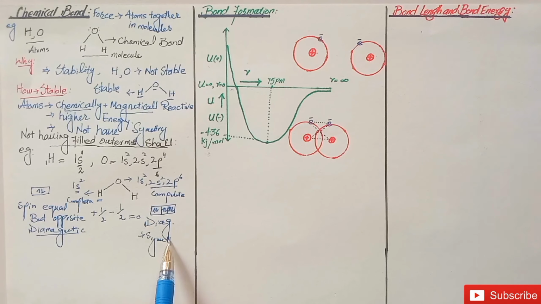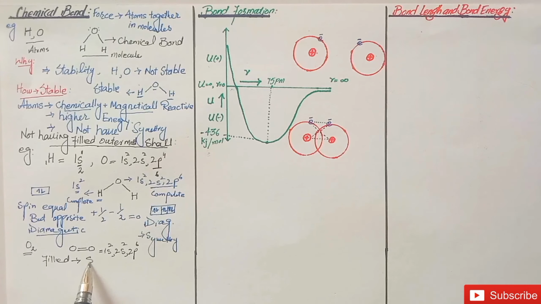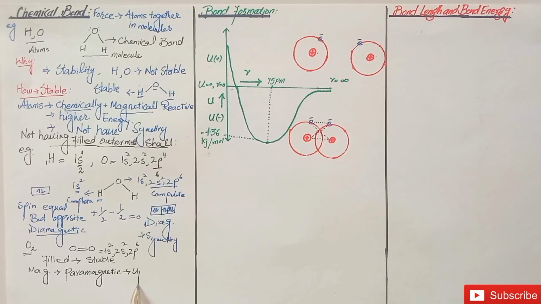Let us now discuss another example: the oxygen molecule. Here two oxygen atoms are connected through a double bond. Each oxygen atom has its outermost shell filled or complete and has electronic configuration like inert or noble gases. So these atoms chemically behave inert or stable. But although this molecule has an even number, 16, of electrons, it behaves magnetically reactive and is known as paramagnetic. This is because the oxygen molecule has unpaired electrons, which is according to molecular orbital theory